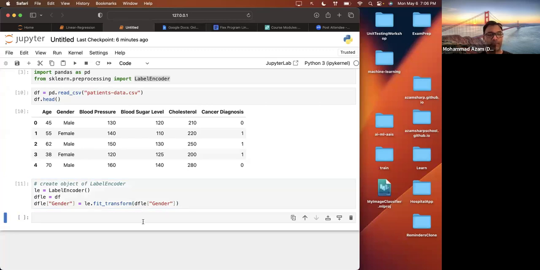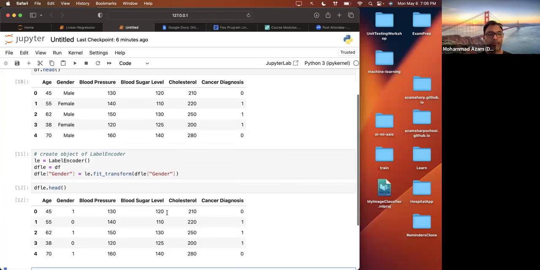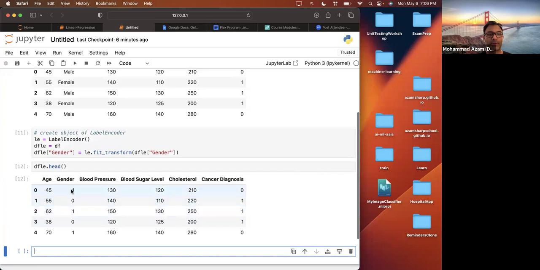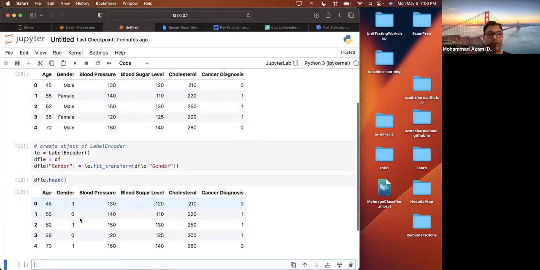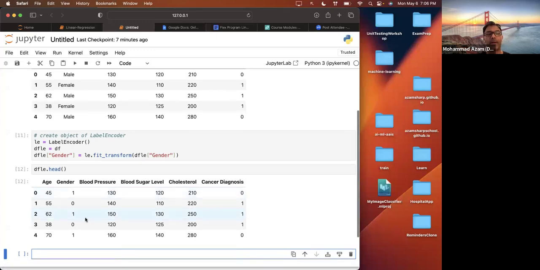And now let's go ahead and see what is in DFLE. And there we go, so we actually got converted. 1 becomes male, 0 becomes female. So now looking at our data, it does look like it's in the correct format. Every column has rows that are numbers and not strings. And now these can be used